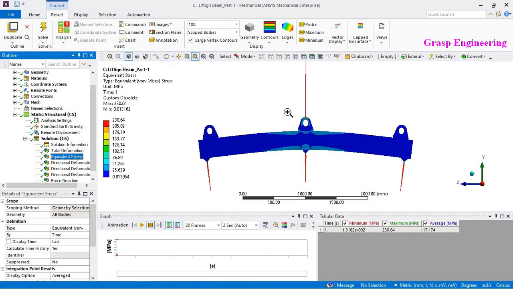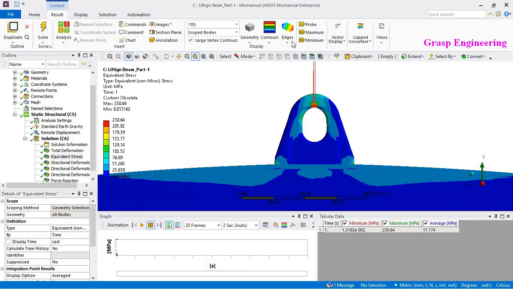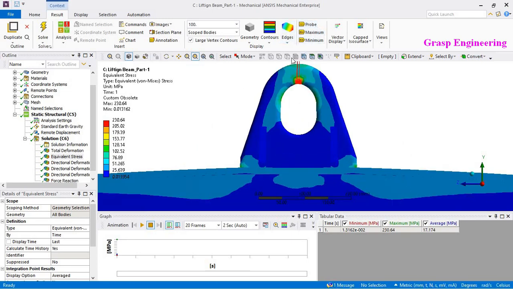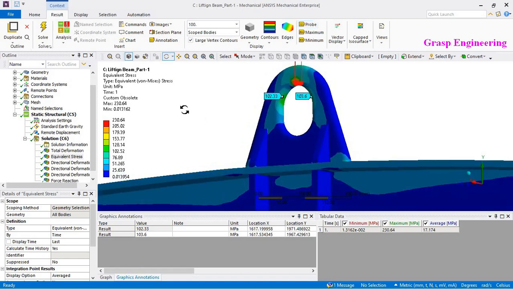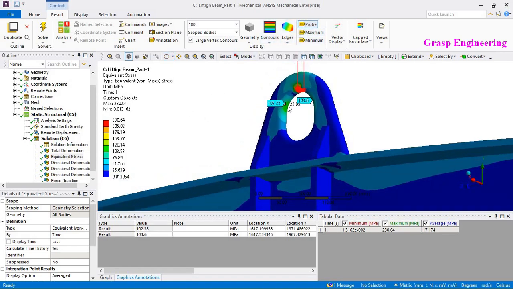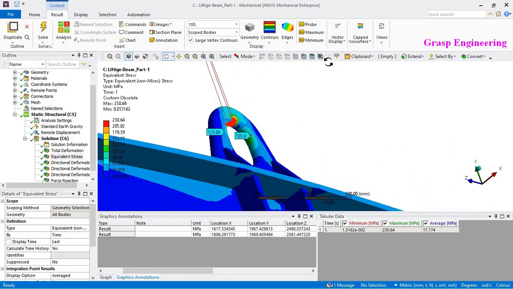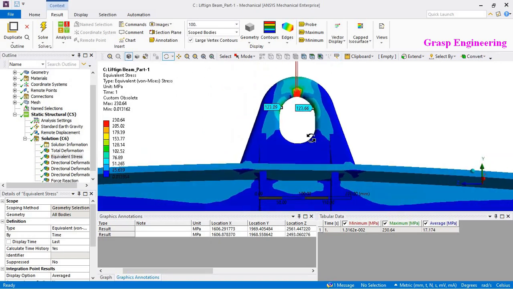Let's zoom this part and let's try to probe this further. Stresses are almost the same, and if I probe at the middle portion, now you can see the stress values.